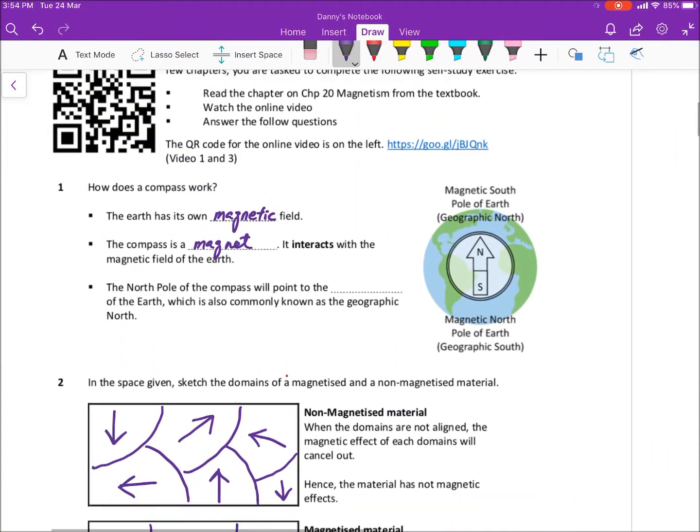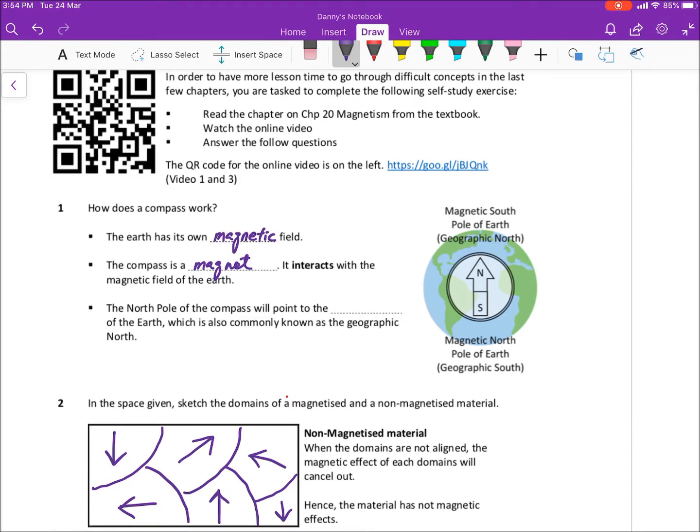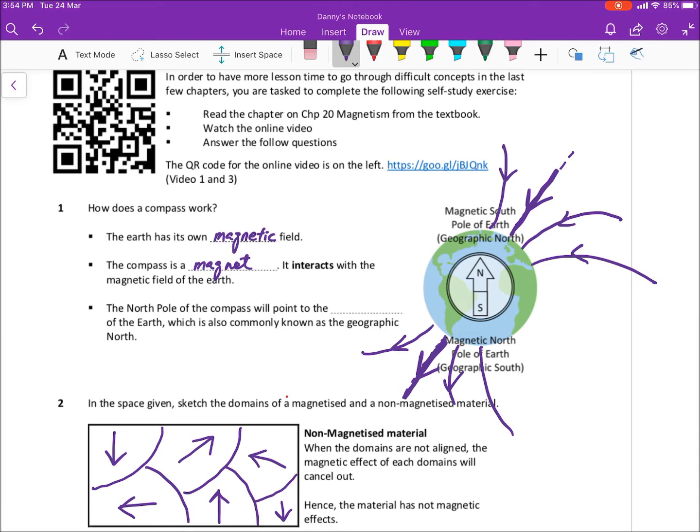If you need to know the key thing, if you are being asked to draw the magnetic field of the Earth, then make sure you are drawing the field line going in and getting out. Yeah, it will be slightly slanted, so it will be like that. And then after that it will be like this. Okay, if you are being asked to draw the magnetic field of the Earth, then this should be the way. So just remember,